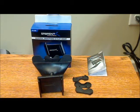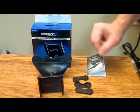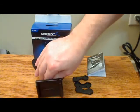This is Sabrent's universal CD mount for smartphones. And I'm going to compare in this section of my review the differences between the Mpow and the Sabrent version, which I got roughly the same time, and allows me to provide a review and a comparison of the two. But here included with the Sabrent, they of course got the instruction manual, the mount itself, which is one